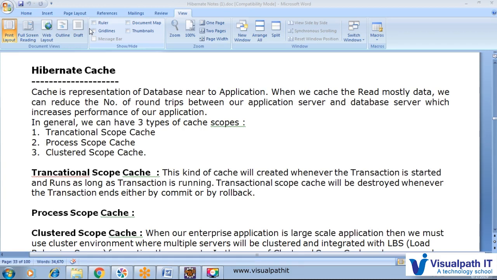So it will be a problem, it will create a problem between the two applications, because our database is separate and our application is separate, and we try to fetch from it. So we can cache this kind of data, store it near our application, and improve the performance.